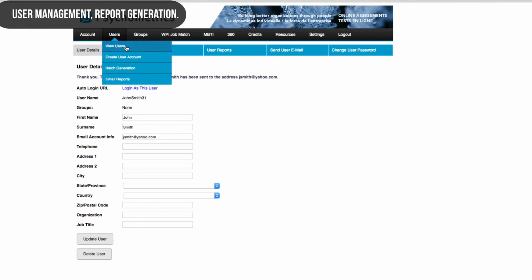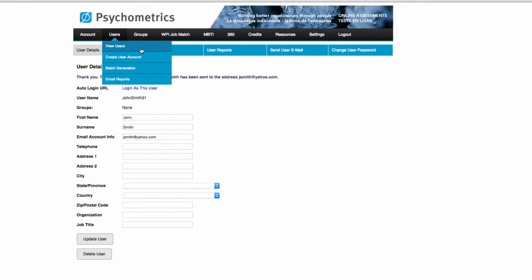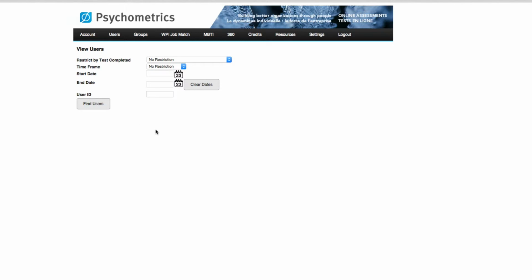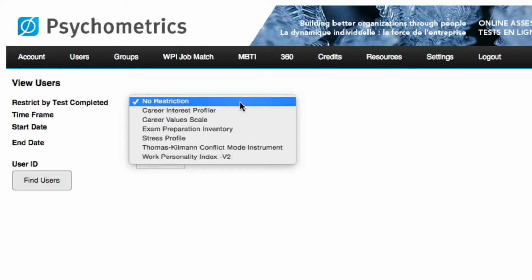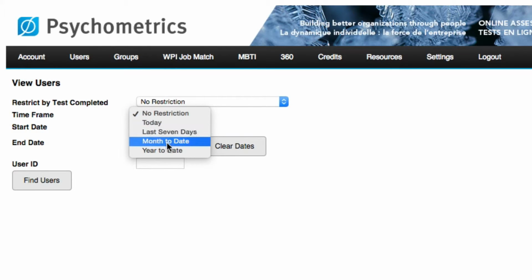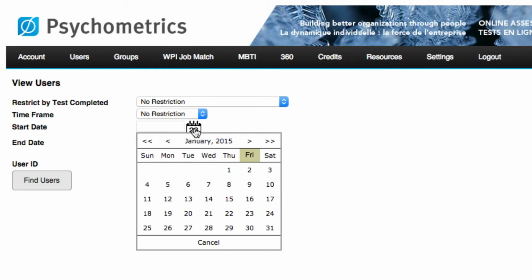User management and report generation. Now we will see how to view and manage our users and how to generate a report. To view your users, click on the Users menu or click on the View Users submenu under Menu. We can view users by test they have completed, by the date which they were created, or by their user ID.